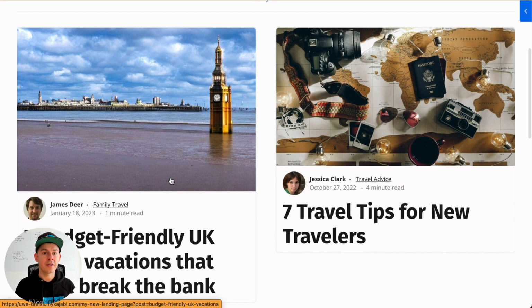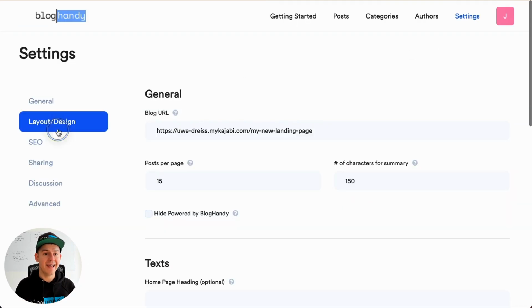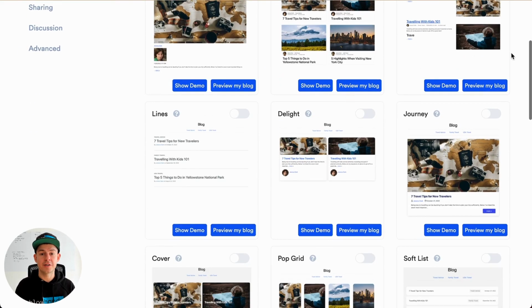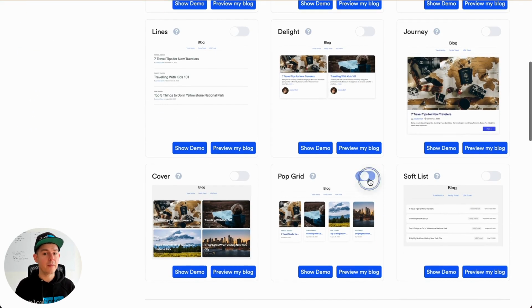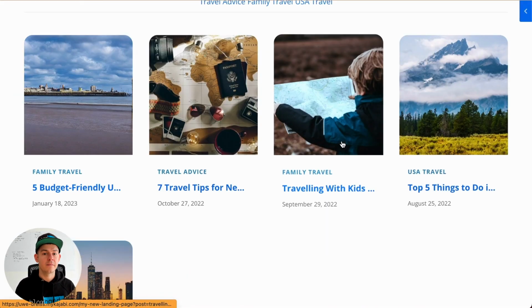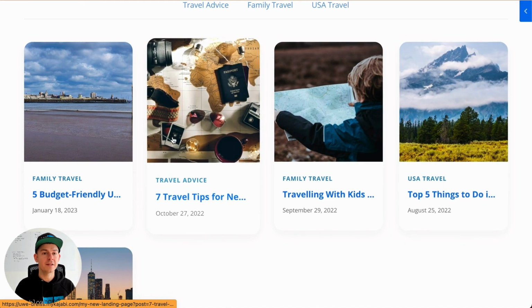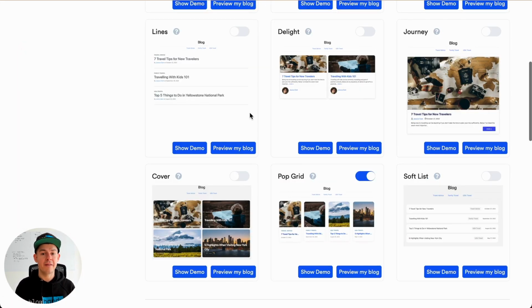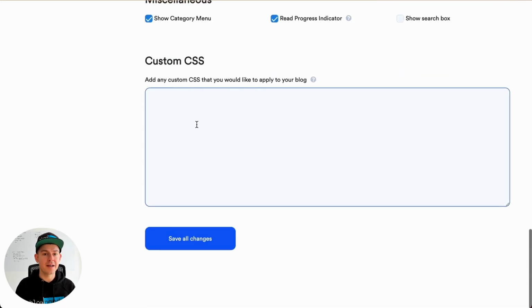If you're not happy about it, there are two things you can always do. The first thing is, under settings layout, you can switch to a different template, for example the pop grid, and you just refresh it here and it's already adjusted. And the second option you have, if you want to change the font size of headings, heading 1, heading 2, subheadings, you can just go further down here and under custom CSS you can write your own CSS code to